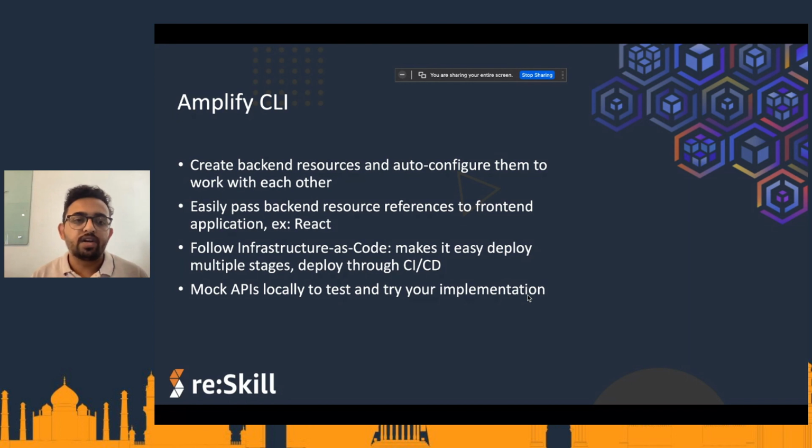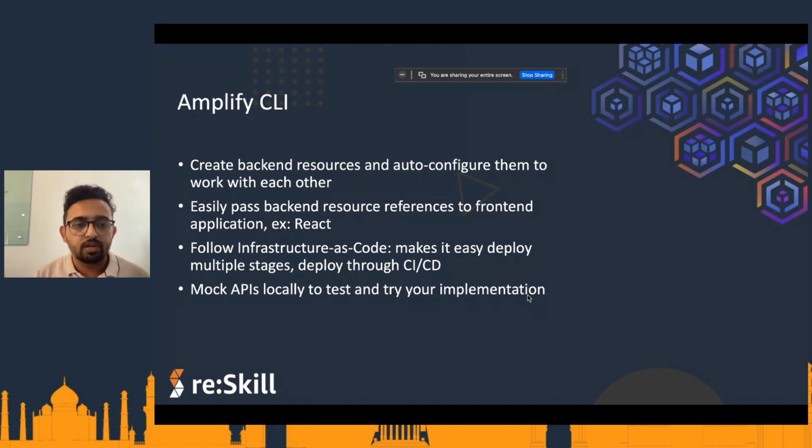And it creates all these different resources, and it will automatically give appropriate permissions to the Lambda function, and invocation from API gateway configuration. All of those configurations and permissions are automatically set up by Amplify CLI, and you should be good to go from that point onwards.